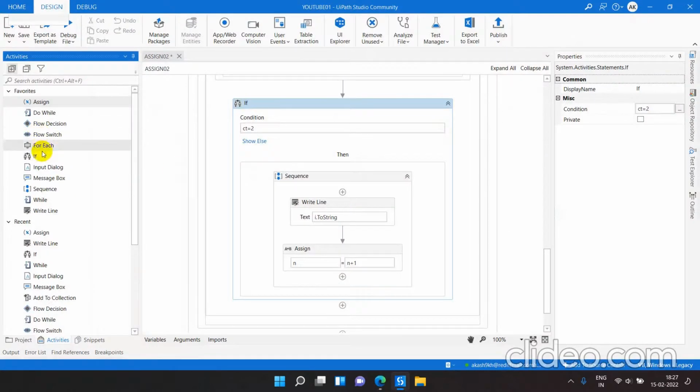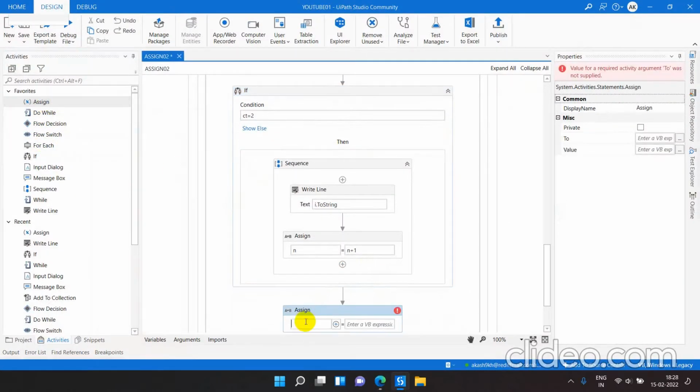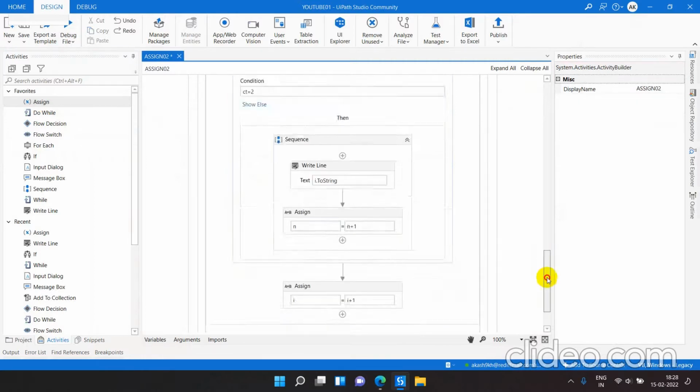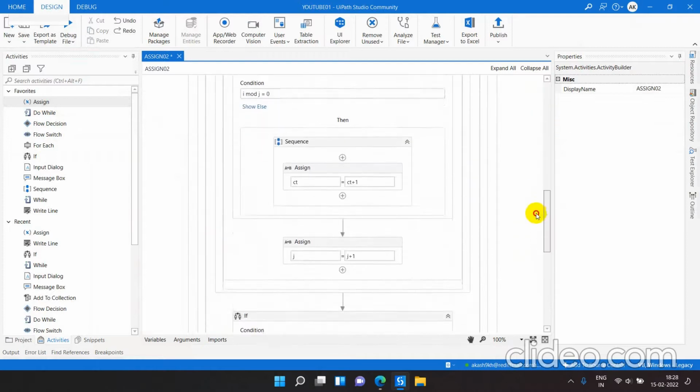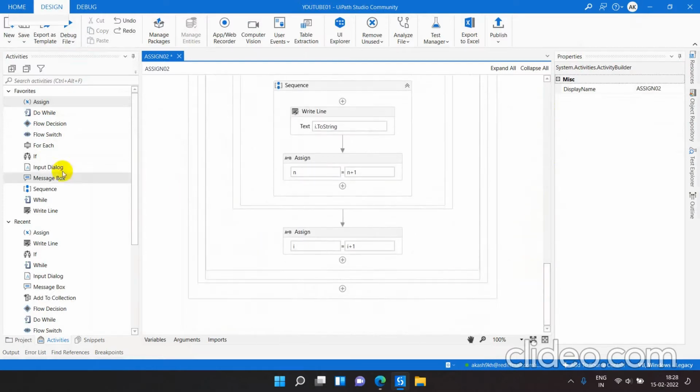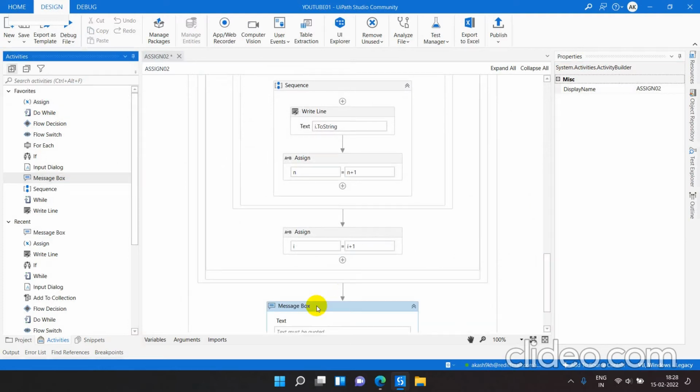So we'll write the statement over here using an assign dialog box, taking I is equal to I plus 1. That's it, the program is over, and now we may write a message box after this saying that